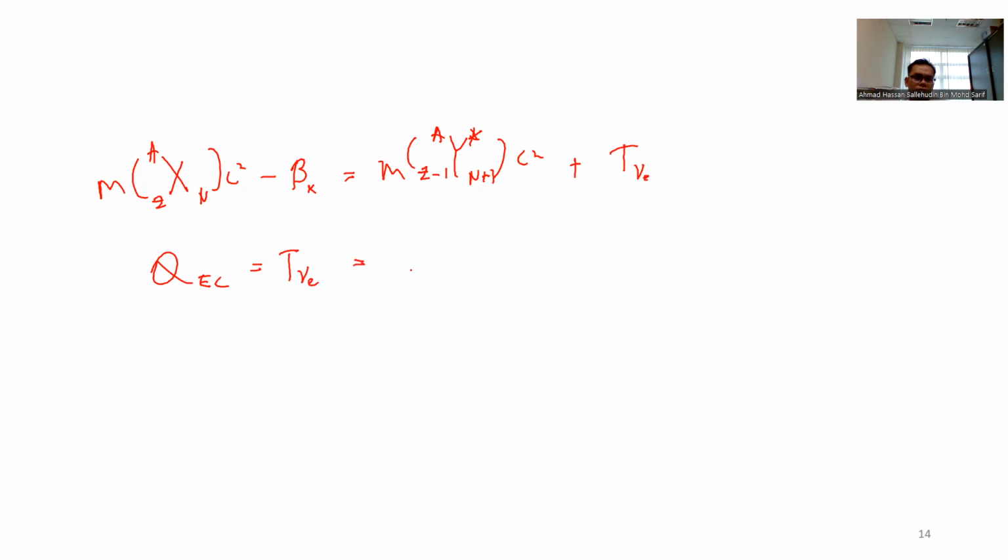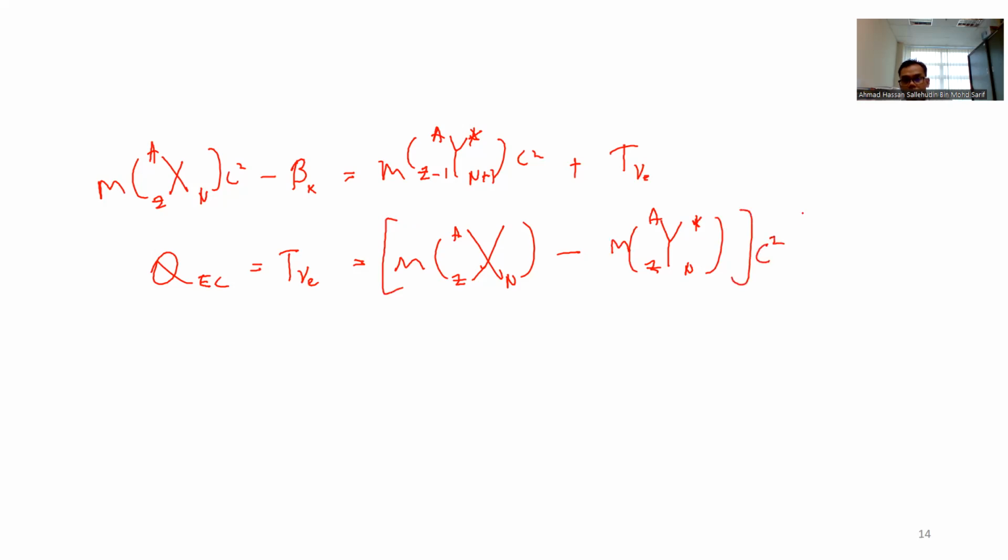It is the mass of X, Z N, minus the mass of Y star, Z minus 1 N plus 1, times c square, minus the binding energy of the K-shell electron. So this is the electron capture, and the last one that I said in the beginning